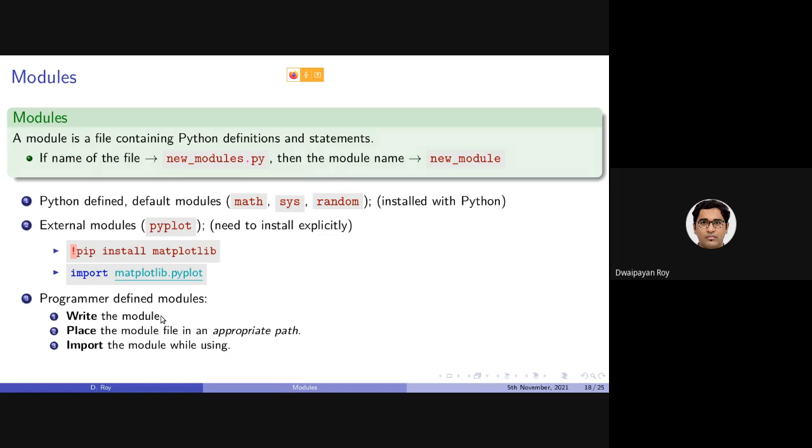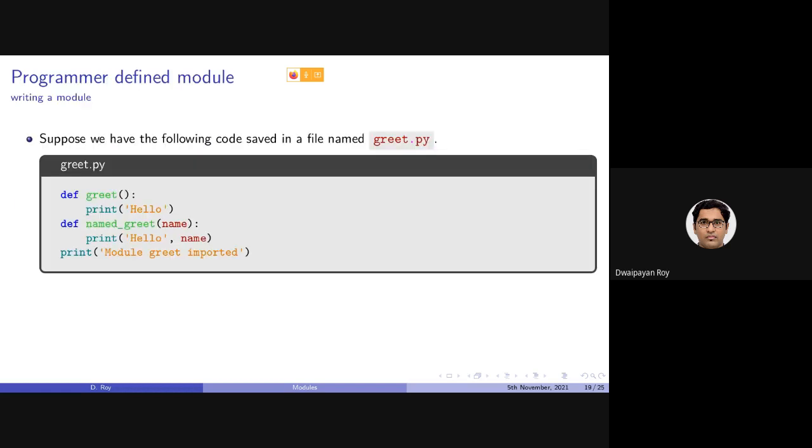Now, to write a module, as I said, a module is simply a .py file, or a Python program code that can be used as a module. Let's consider this simple 5-line code. The name of the code is greet.py.